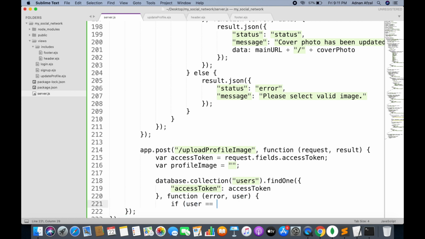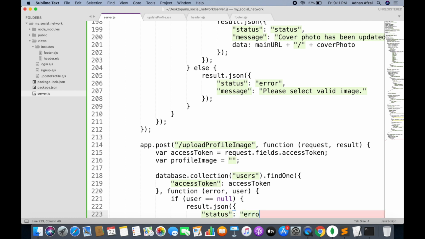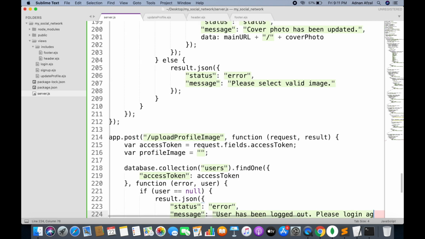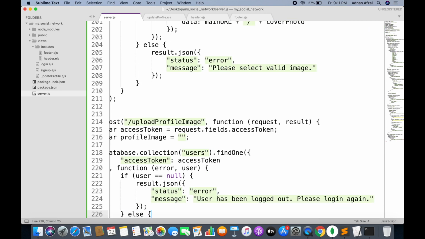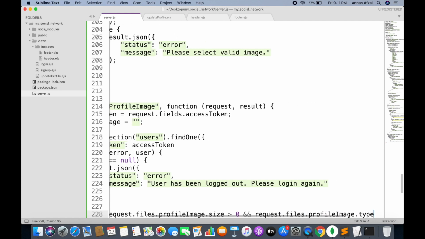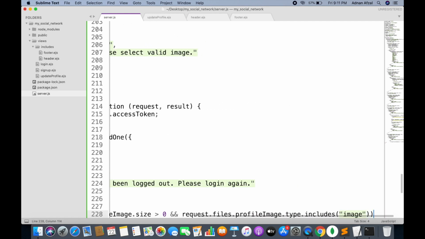The user object will be null if the user is not logged in, and we will simply display a message back to the client. And then we are again checking the validation of the image, whether the user has selected a proper image and not any video or any other unsupported file.